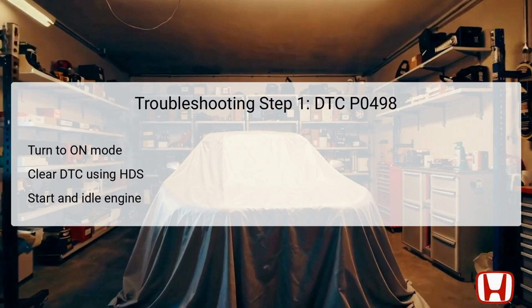For vehicles with a continuously variable transmission, CVT, ensure it is set to either Park, P, or neutral, N, while manual transmission, MT, vehicles should be in neutral. Let the engine idle for at least 5 seconds before checking for any pending or confirmed DTCs with the HDS again. This step will help determine if the P0498 code is present, confirming the issue's presence, and moving into a